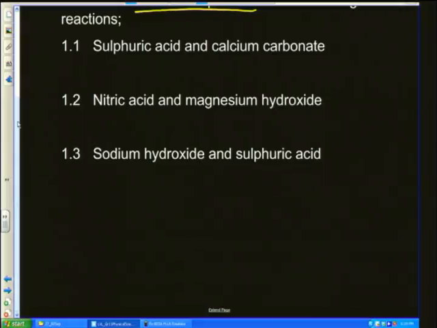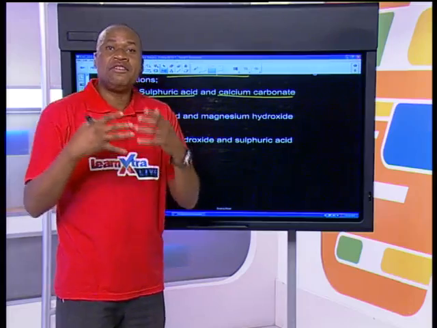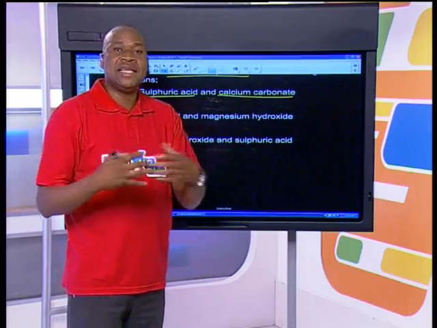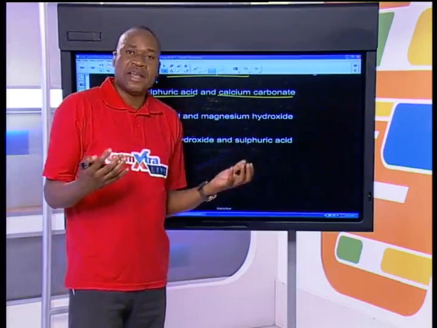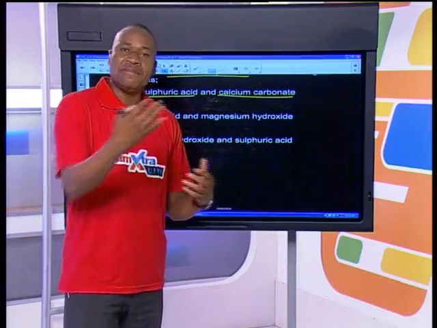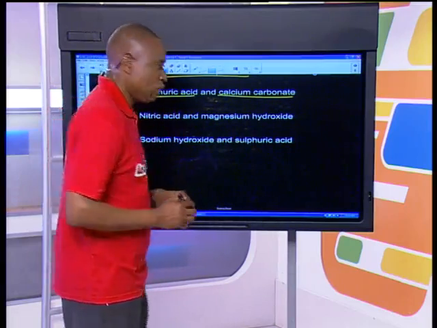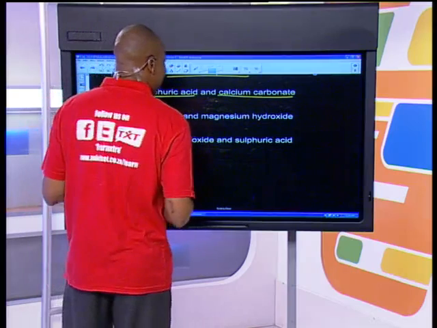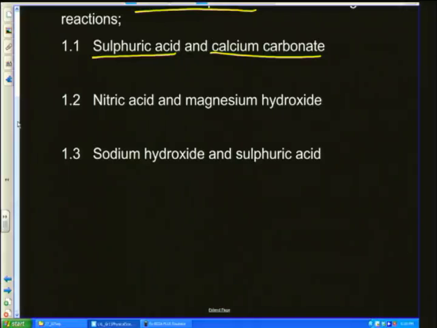1.1. Okay, what are we looking at? We're looking at sulfuric acid reacting with calcium carbonate. Now, people, the key here is that you need to be able to write down the correct chemical formulae of these substances so that you can see how they react and balance your chemical equation as well. So here you have an acid reacting with a carbonate. If I have an acid reacting with a carbonate,